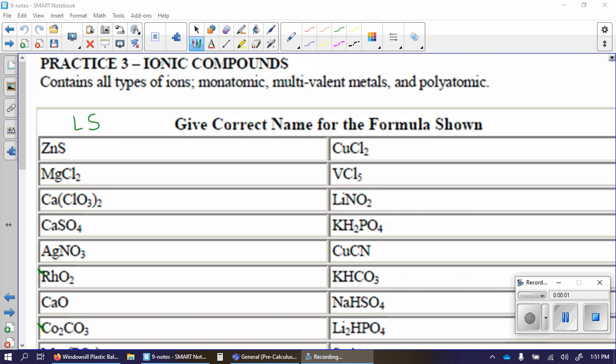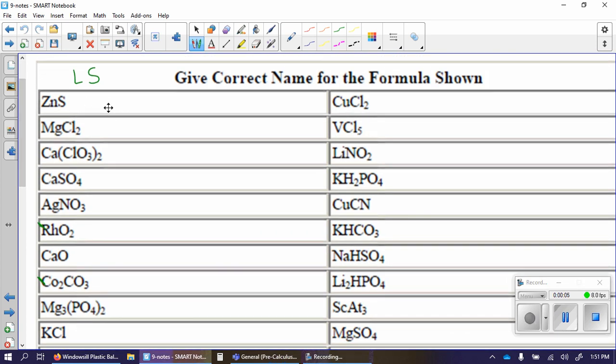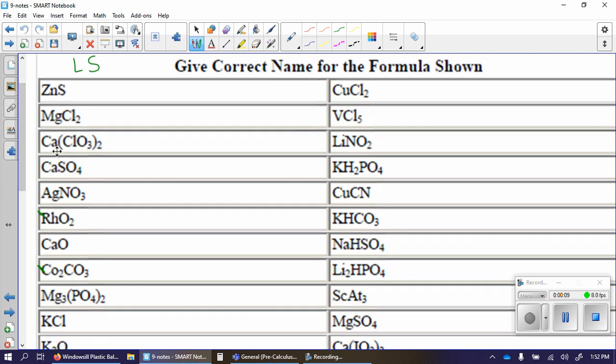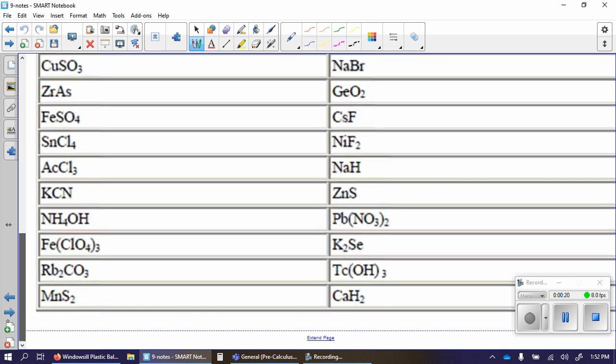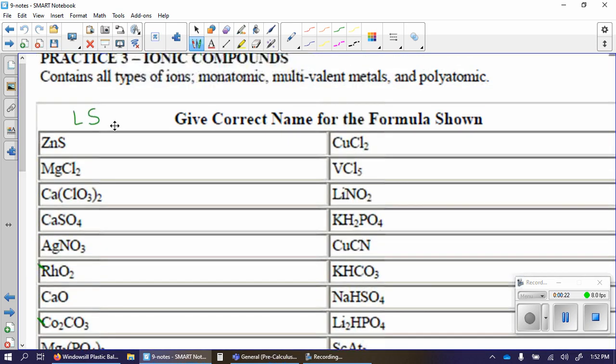Start a little earlier. I'm going to go through and do these, so if you want to watch again, if not. So ionic compounds, with everything, I personally would look for transition metal, transition metal, transition metal, things that need Roman numerals first. I would do those, but for the sake of time, I'm just going to go through and do them all. ZnS is zinc